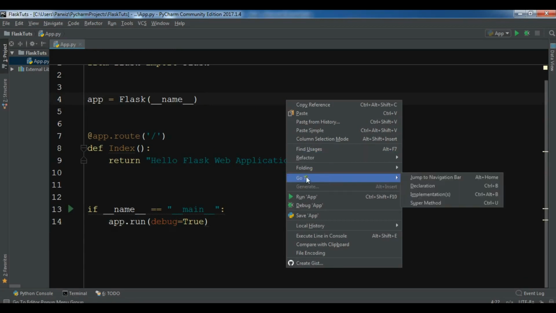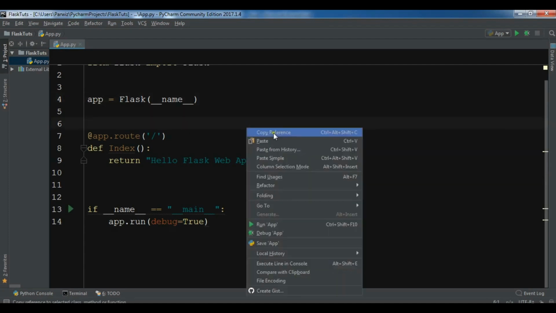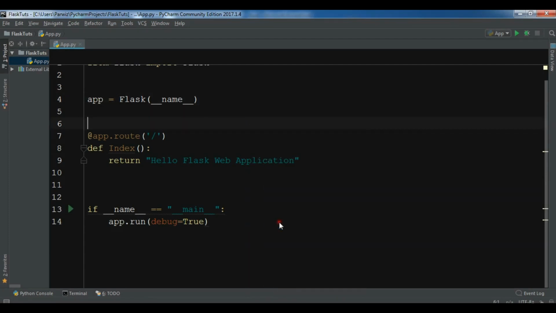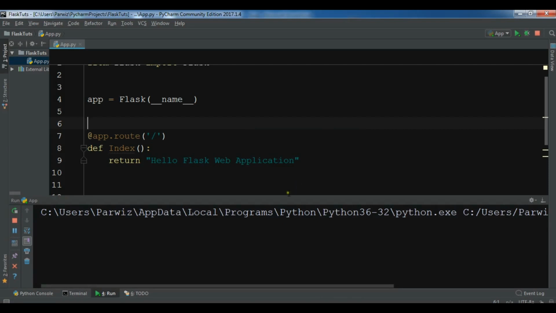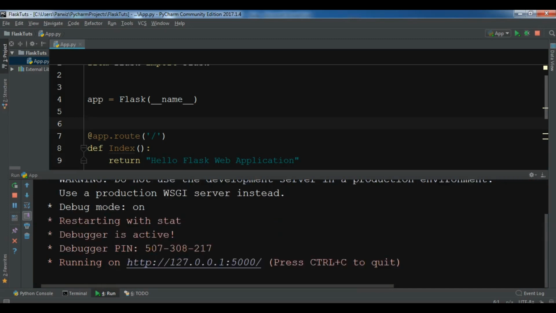You can run this in two ways. Let me show you the first way. You can just right click in the PyCharm IDE and you can run app. Now you can see the debug mode is on. You can see the debugger pane and it's running on port 5000, and this is the localhost. Now if I click on this, you can see it will directly open our